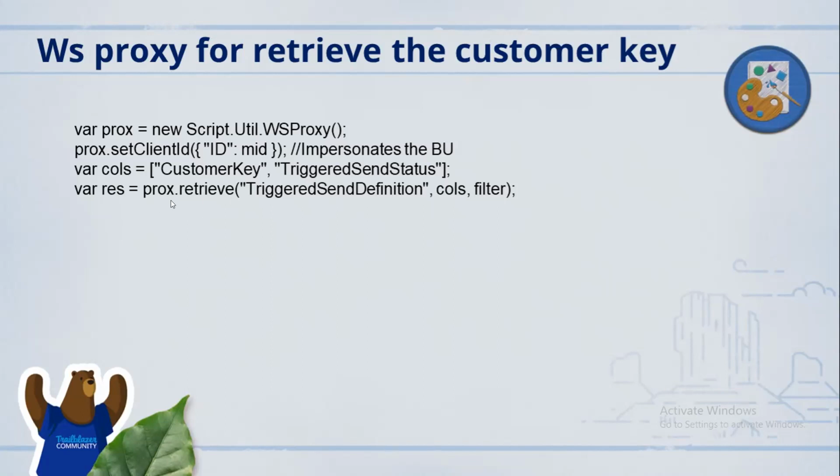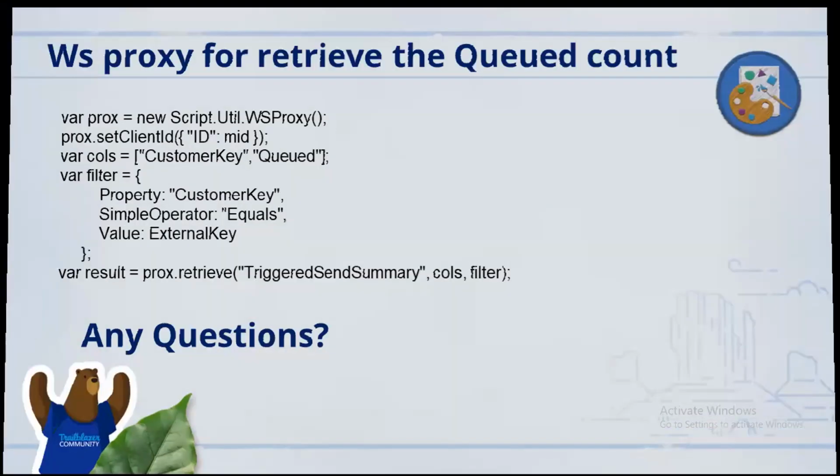In the last line, we call the retrieve function. What exactly will this function do? It will call the trigger send definition with the,